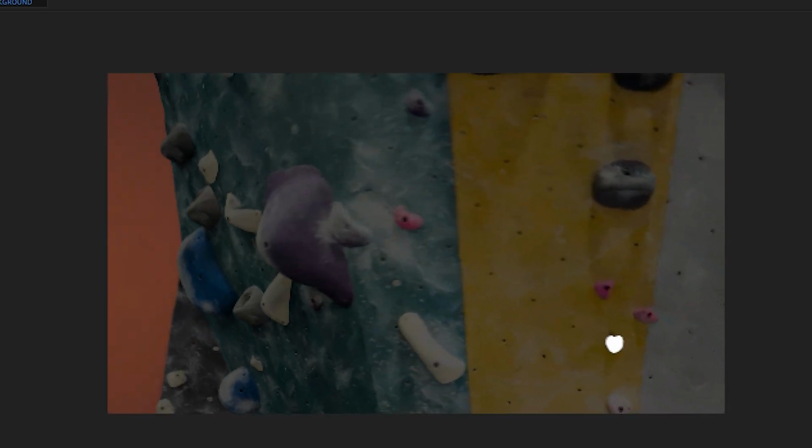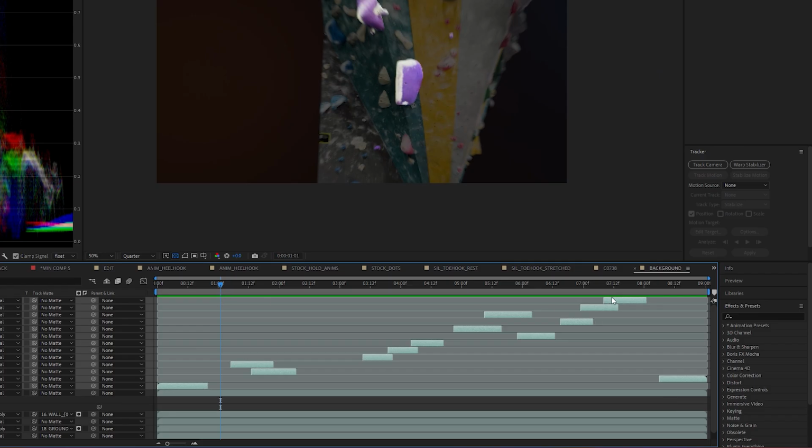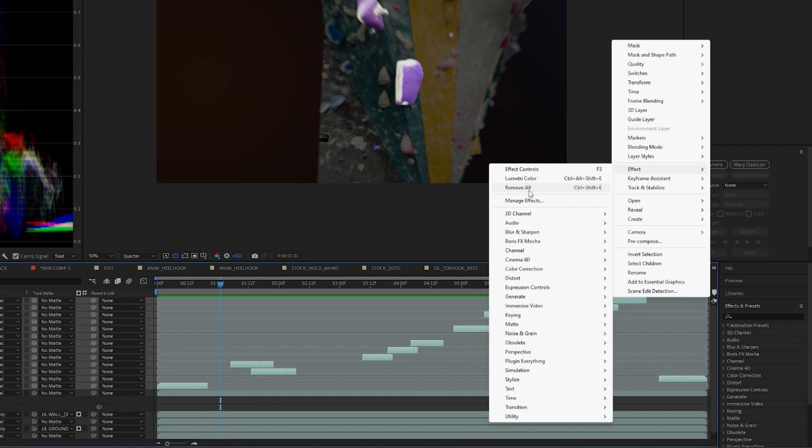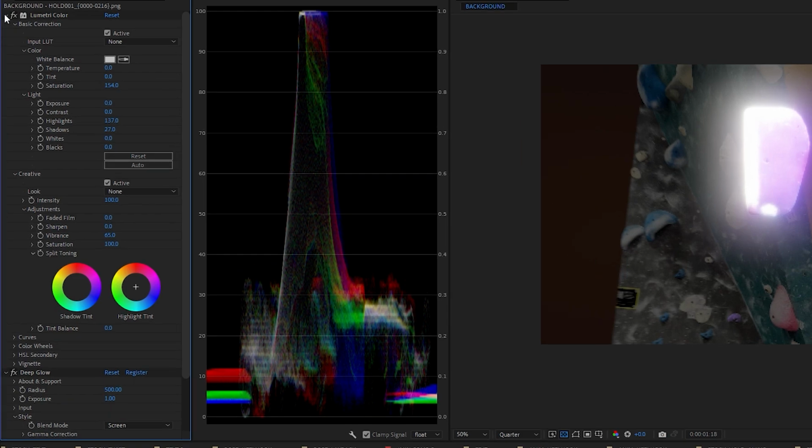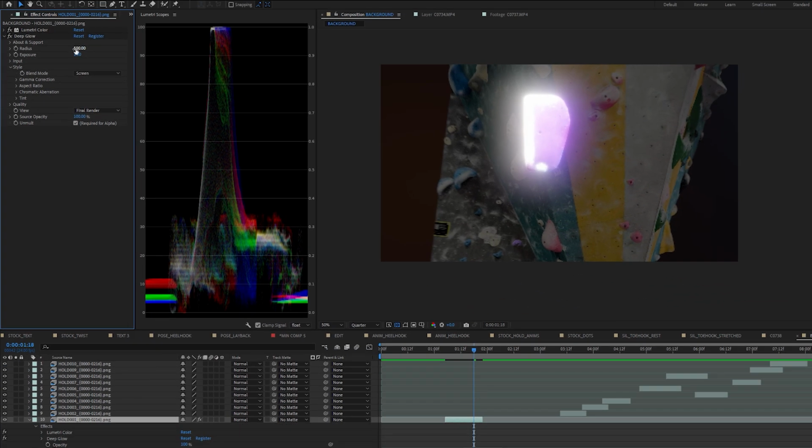And this is what this first pass looks like. Next, I'm actually going to get rid of all the hue saturation nodes by selecting all my layers and then right-clicking onto them and saying Effect, Remove All. Then instead, I will be adding a Lumetri color node. That's just a little bit of a more fancy color correction node, and a Deep Glow, which is